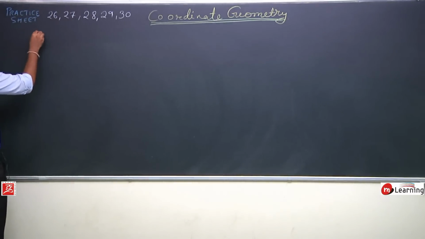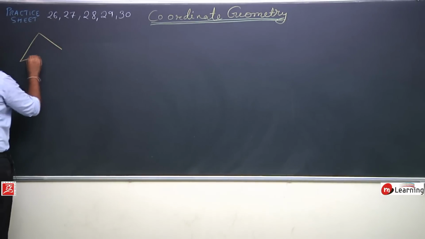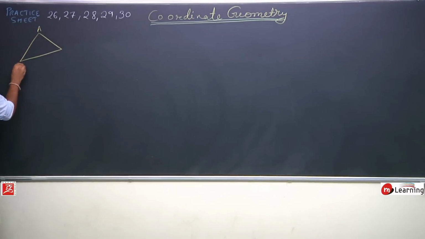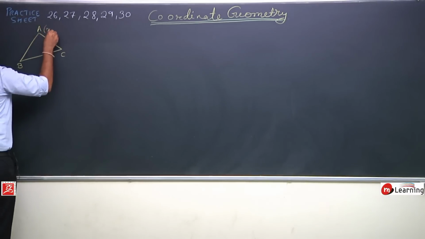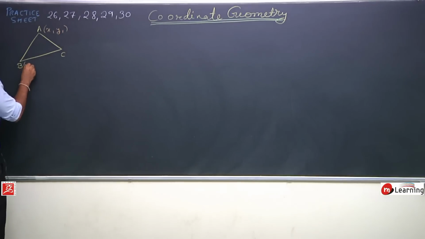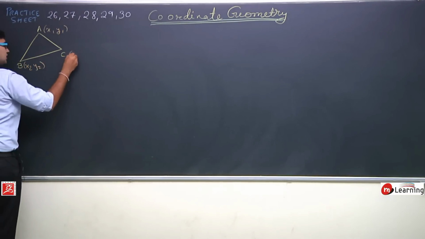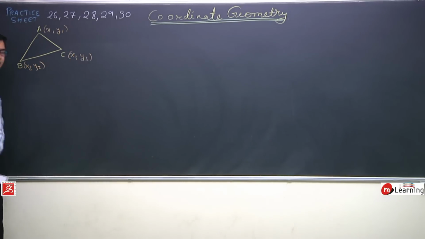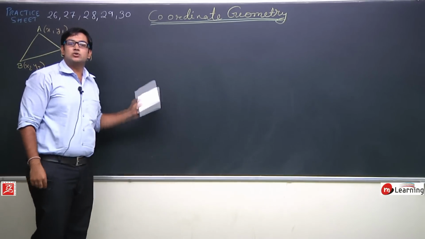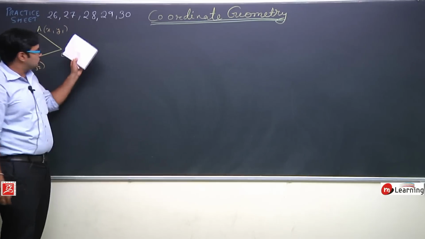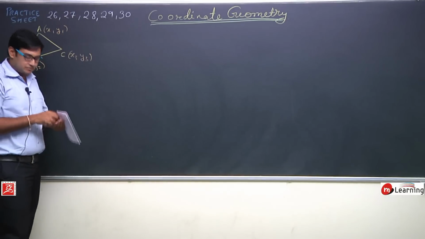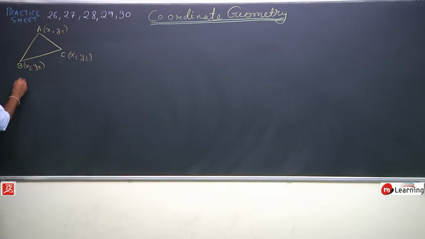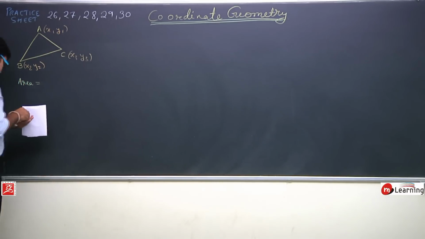If ABC is a triangle like this, whose coordinates of the vertices are x1 y1, x2 y2 and x3 y3, then the area of this triangle whose vertices coordinates are given to us is equal to